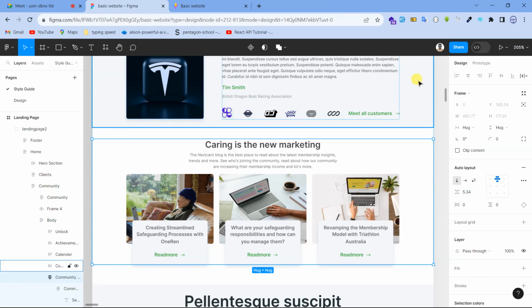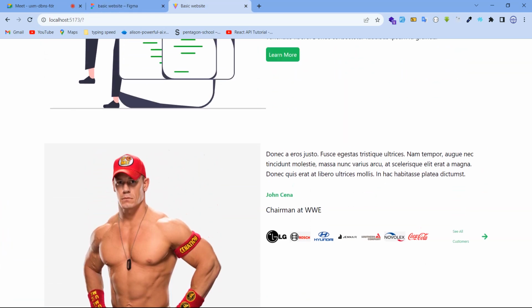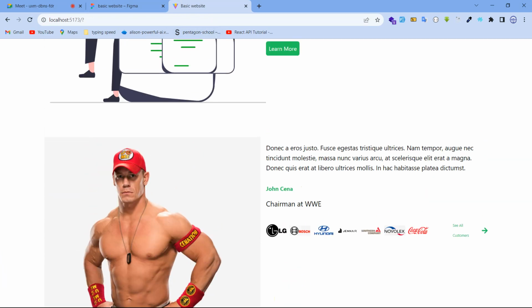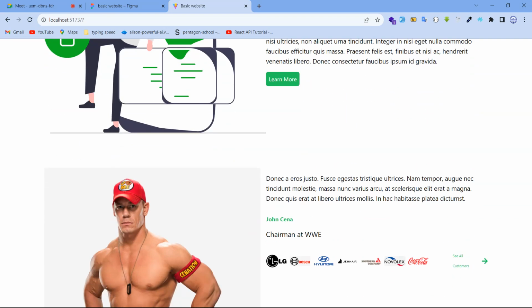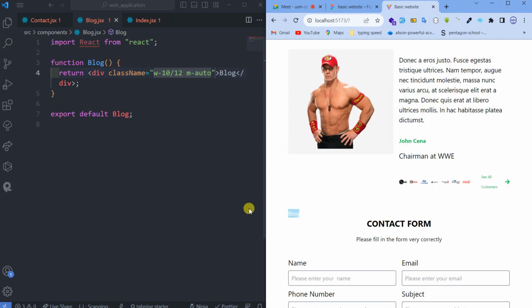First of all, this one here, the one for John Cena, is supposed to have a background of cloud. So let's go and see. This one is under what? It's under helping locals. We have testimonial, something to do with that. So let's just give background to this one, it's fine. Before we add this one, to put a background, we have to first X this one out,